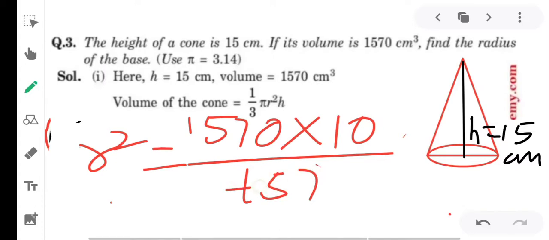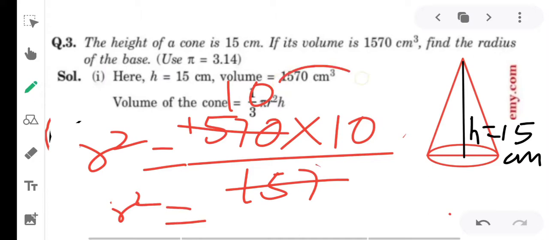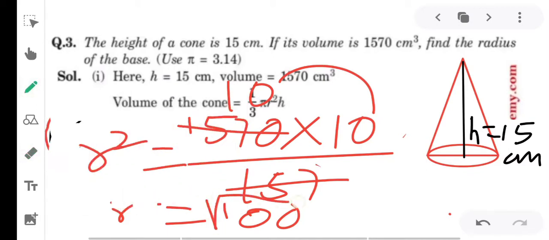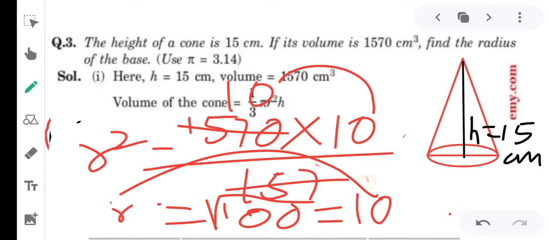So you can see 157 and 1570, it is cancelled out by the 10 time, right? This is the 10 time, and we know that r square is equal to 10 into 10, that would be 100, and 100 is the perfect square number. If we remove the square from this side, right, so we will get under root 100, and under root 100, you know, 100 is the perfect square of the 10, right? So here we have got the radius, that is the 10 centimeter. यहाँ पर हमारी radius कितनी आ जाएगी, 10 centimeter, right? So this is the solution of the question, right?